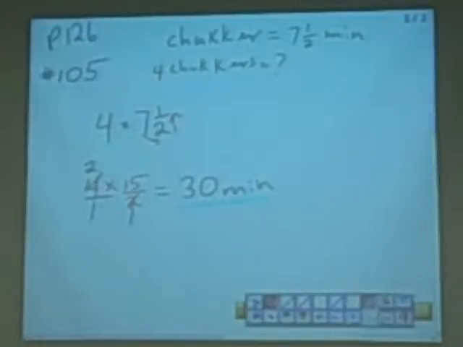So you have to look at it, and these are more practical, everyday type of problems, so they don't necessarily have to give you the actual word to operate from. So in that case, we have to look at it and decide, okay, if we have 7.5 minutes and one chucker, and we want to know how long time is 4 chuckers, then